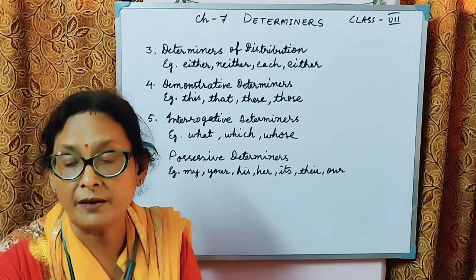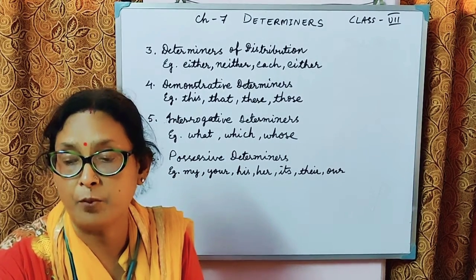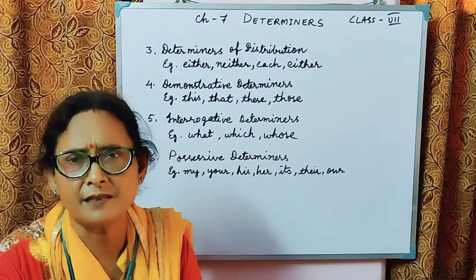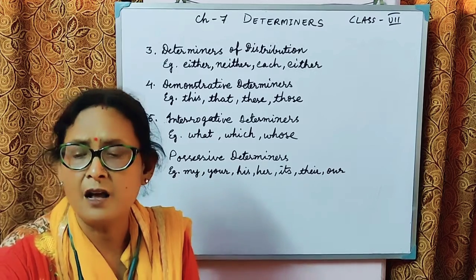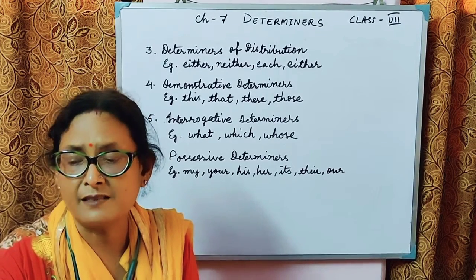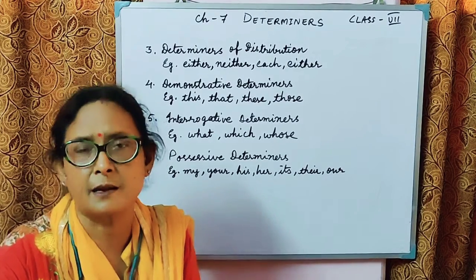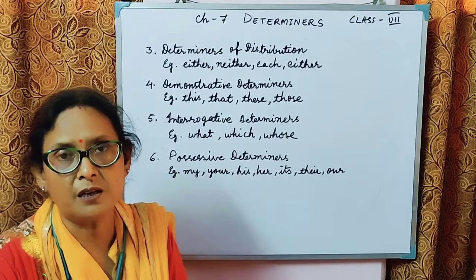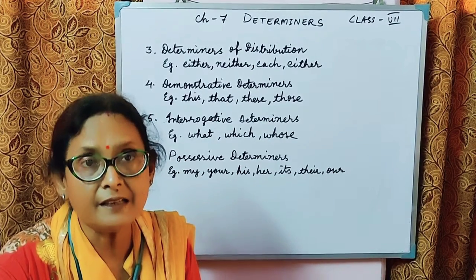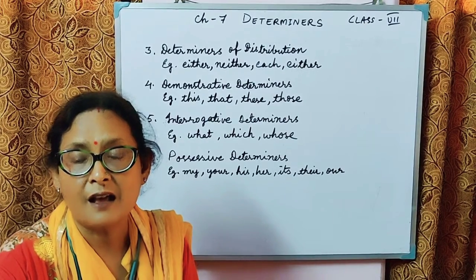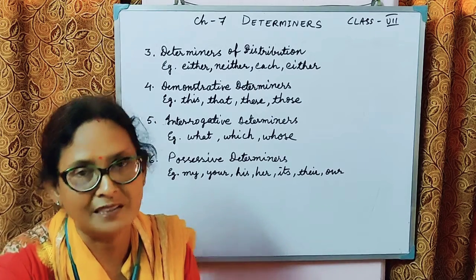And then talking about a few, a little, all, any, both, enough, many, more, much, some, etc. So here also it is general: a few people, some trains, not mentioning specifically which trains, but some trains, a little sugar. So these are some of the words of quantity that we use generally. So that is all about the chapter, students.